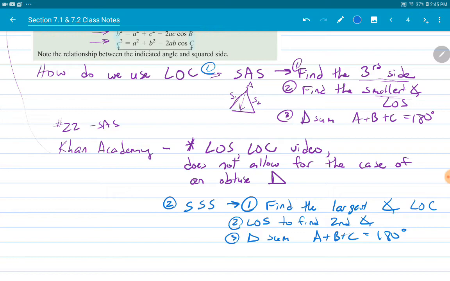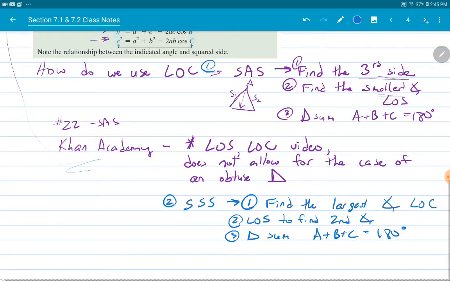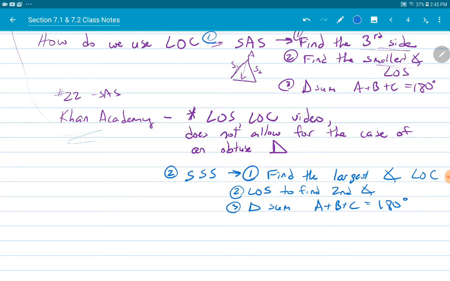All right, so I'm going to show those 2 examples to you in the next couple of recordings, and I'm going to share one recording from Khan Academy, and actually 2 recordings. And then the next thing I'm going to do, once we do those 2 triangles, is look at